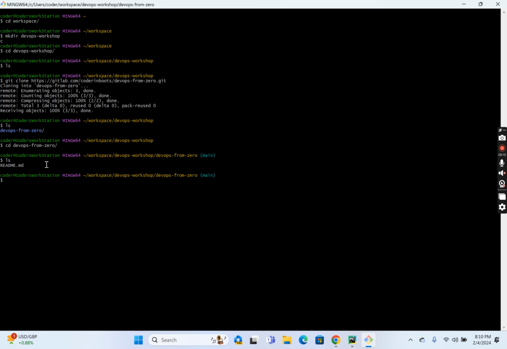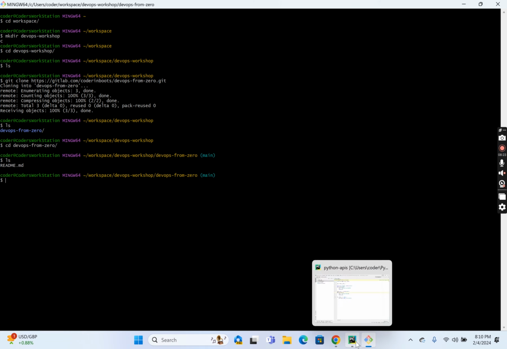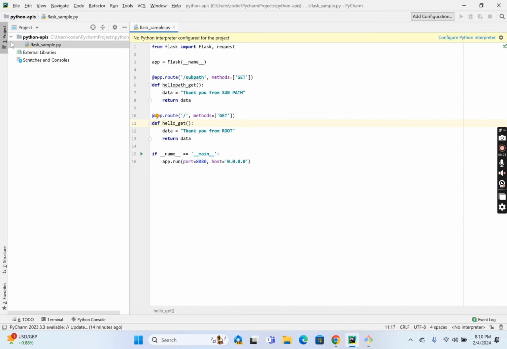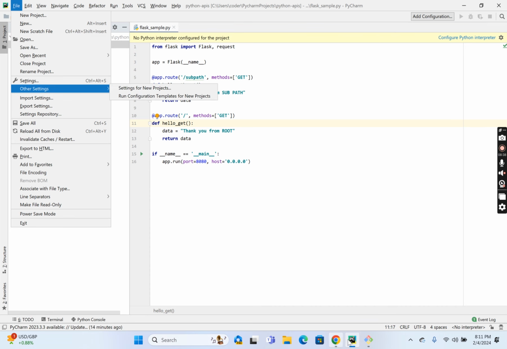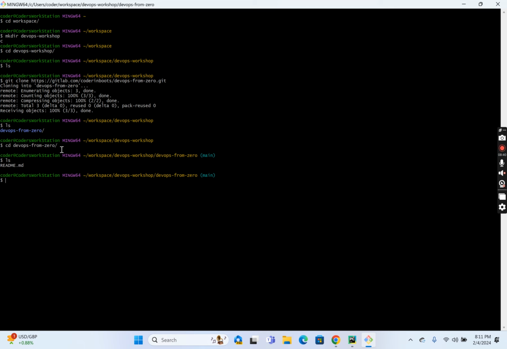Now I'm going to start coding. I can open this in PyCharm, which is my IDE. You can use PyCharm, or any IDE of your choice, maybe Visual Studio Code or whatever you want. I'm going to open this directory from PyCharm. This directory is present on my laptop. If you see the path, it is somewhere inside